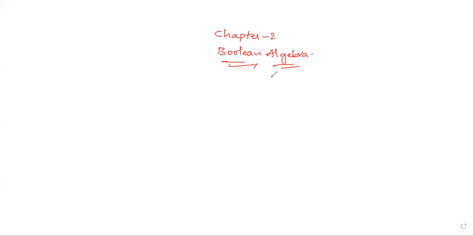See, Boolean algebra is also called switching algebra. There is a chance of asking the question, what is the other name for Boolean algebra? Switching algebra is also called Boolean algebra. Switching algebra or Boolean algebra. Now, we'll see